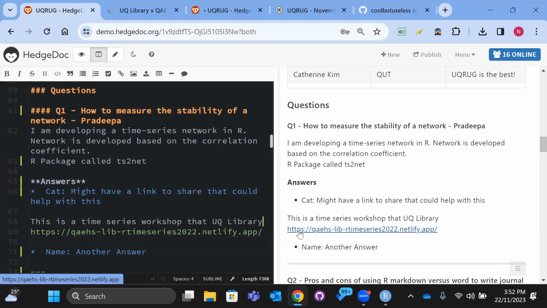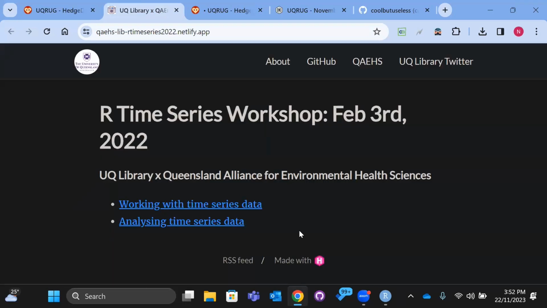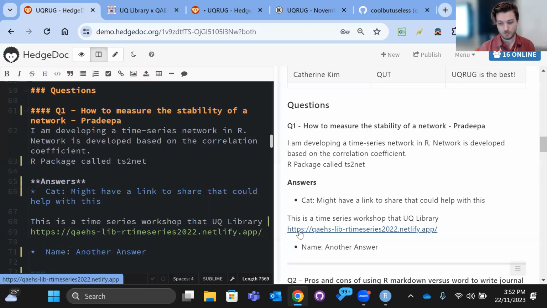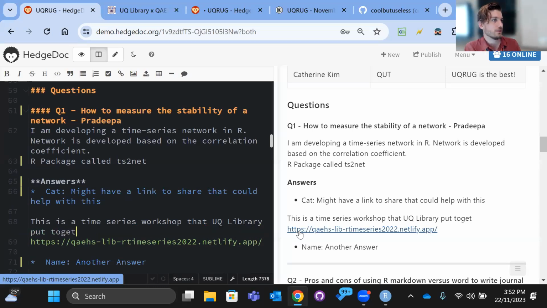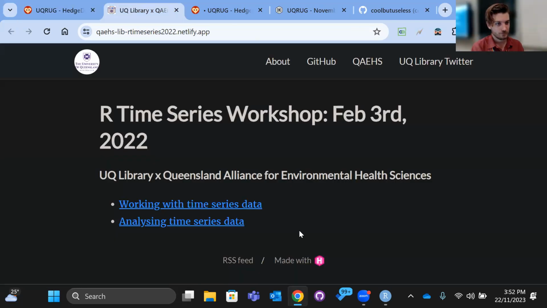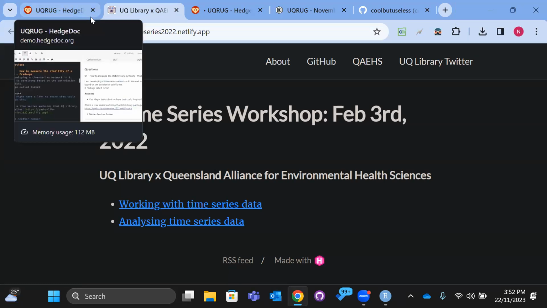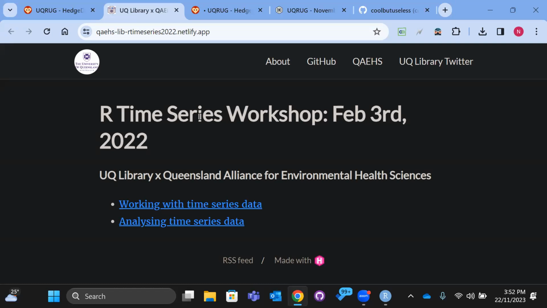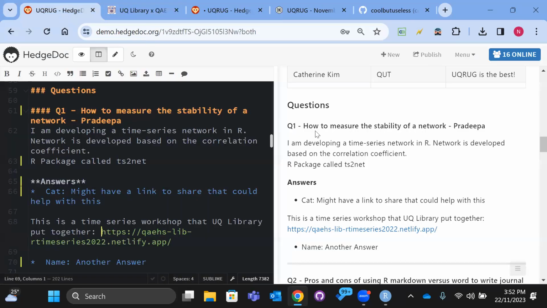Is stationarity the same as stability? No, it's different. I'm not sure there's anything about stability in there. Stationarity, we usually talk about with respect to the variables, the time series, but I'm more interested in knowing the stability of the network that we develop.